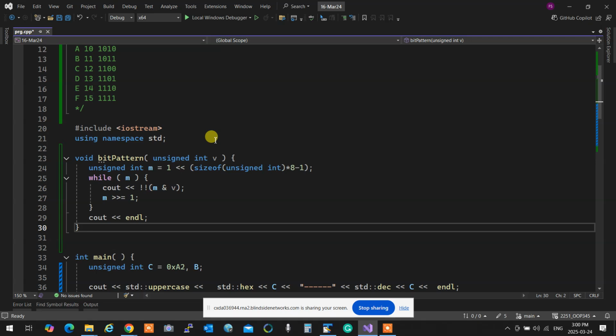What does not mean? Okay, let's say the leftmost bit is 1, so it's a huge number, right? The first not means not value. Value means true, so it makes it false. The second not converts any non-zero value to 1. And if it's 0, not 0 becomes 1, and not 1 becomes 0. So two nots simply convert it to 0 or 1.